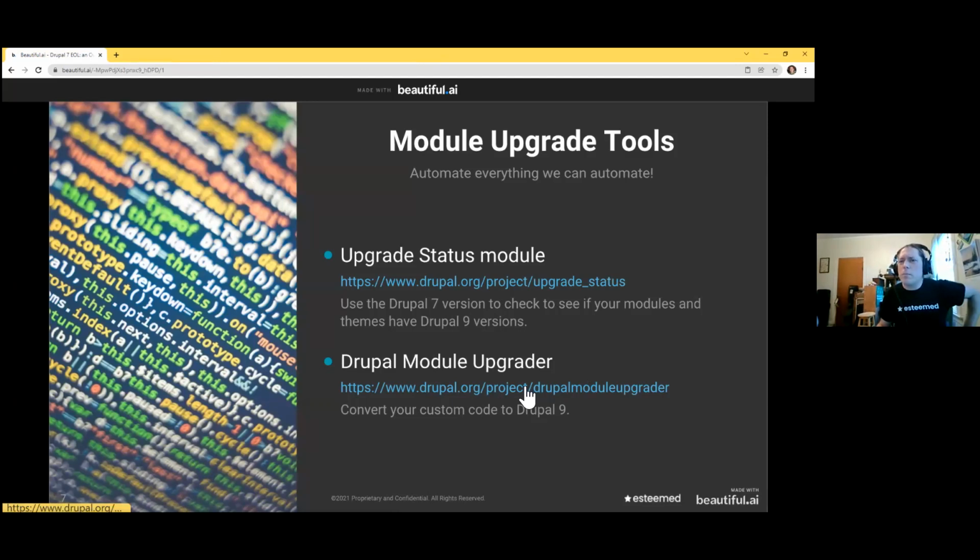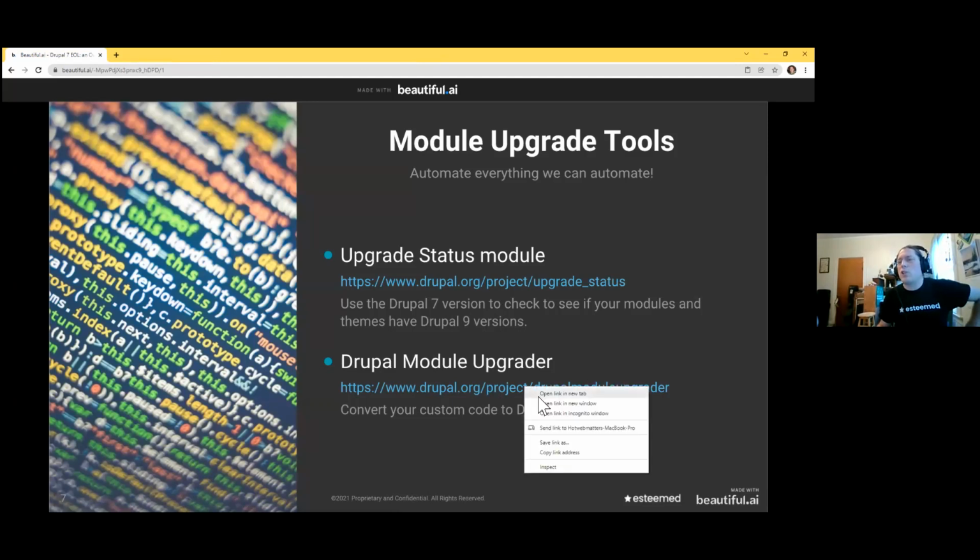There's also a Drupal Module Upgrader, which I didn't talk about in the context of Drupal 8 to Drupal 9 because it's not necessary. The APIs are largely the same from Drupal 8 to Drupal 9. There are deprecations and things that are a little bit finessed, but it's not like the massive breakage we're encountering here. If you're upgrading from Drupal 6 or 7 directly to 9, you're going to have a lot of breakage and a lot of completely different approaches and completely different APIs. And this is what this Drupal Module Upgrader